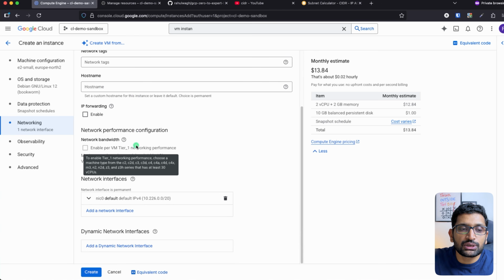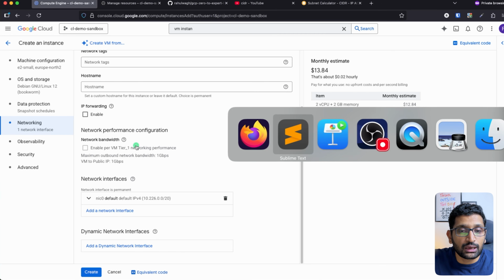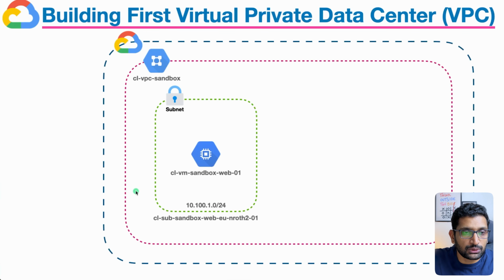The only thing which we need to be careful over here is about the VPC and subnet, because we need to have this VPC and we need to have this particular subnet for this particular virtual machine. So how we can do that? So to do that, you need to